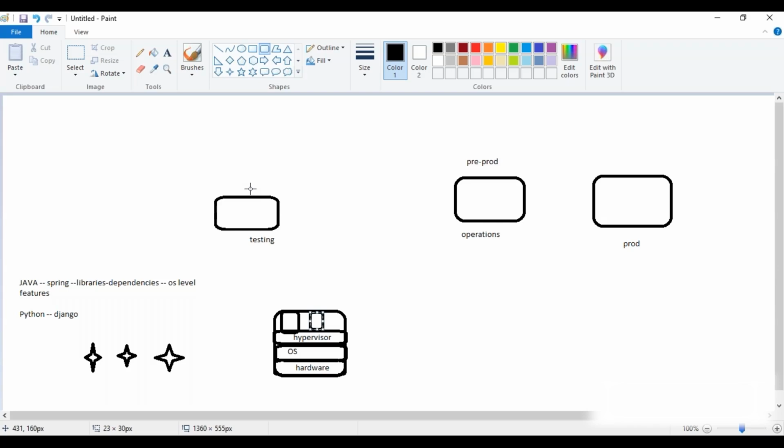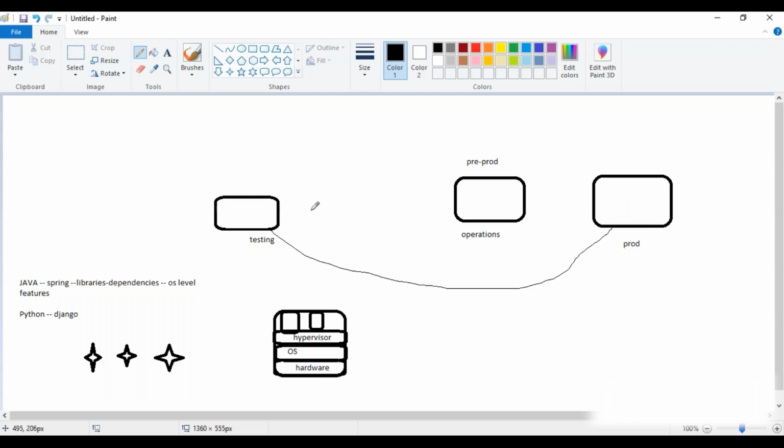If they find a problem with the logic at the code level, again they will tell the developer teams, and again they will do the modification at the coding level, and give the new image, and these guys will use the new image. Finally, if everything is okay, the same image will be run in operations. And once it is working fine here, the same image we can use in the prod environment also. This is how it resolves the majority of the issues.